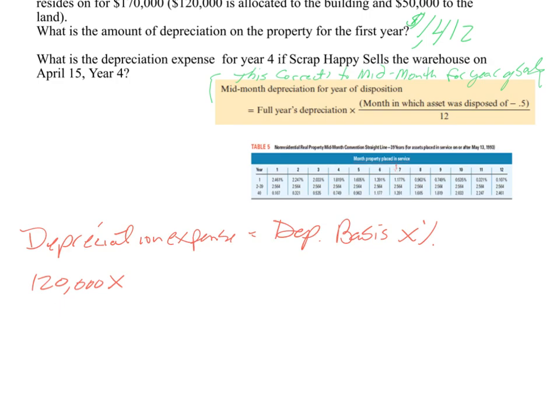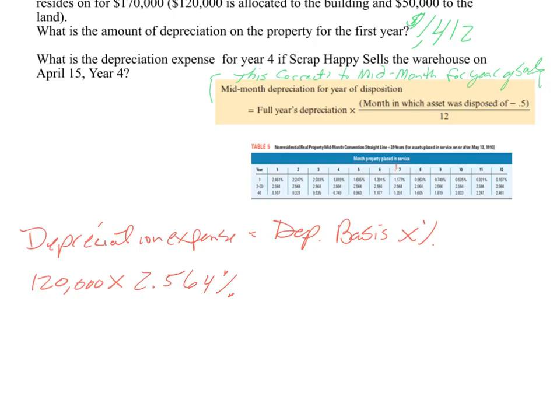So for year 4, that 7 column is 2.564%, okay? That would be the depreciation for this building in year 4 if they had the building for the whole year,